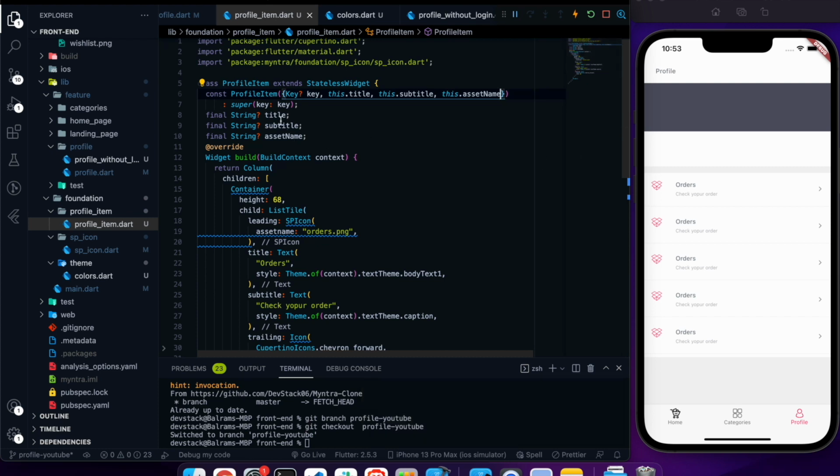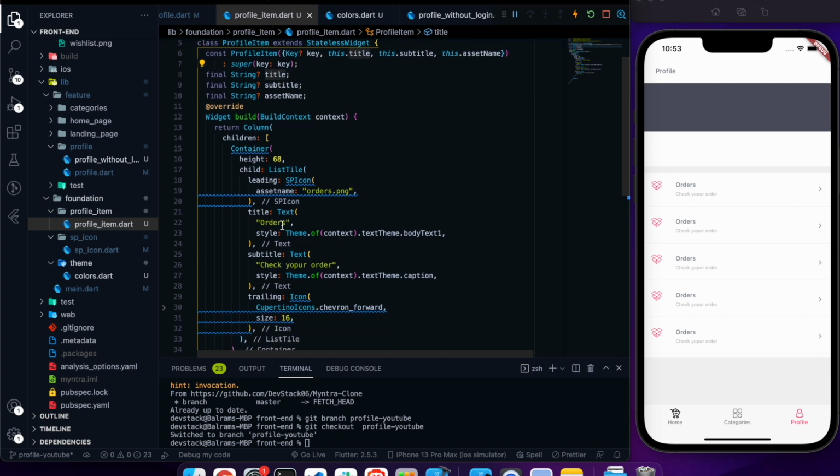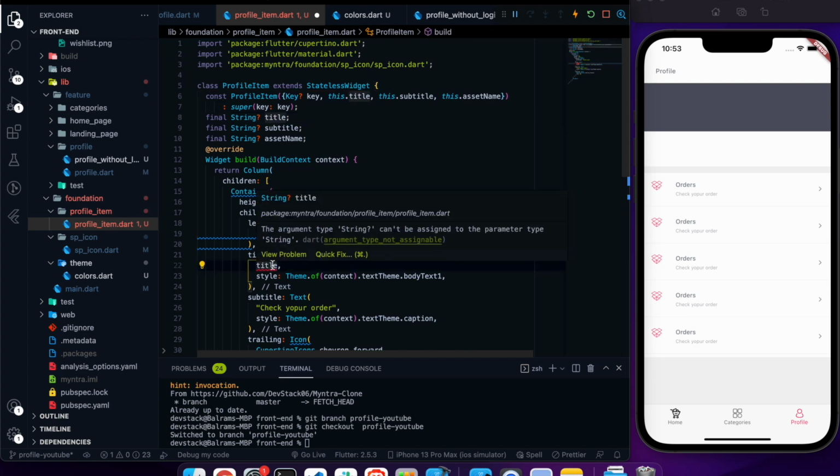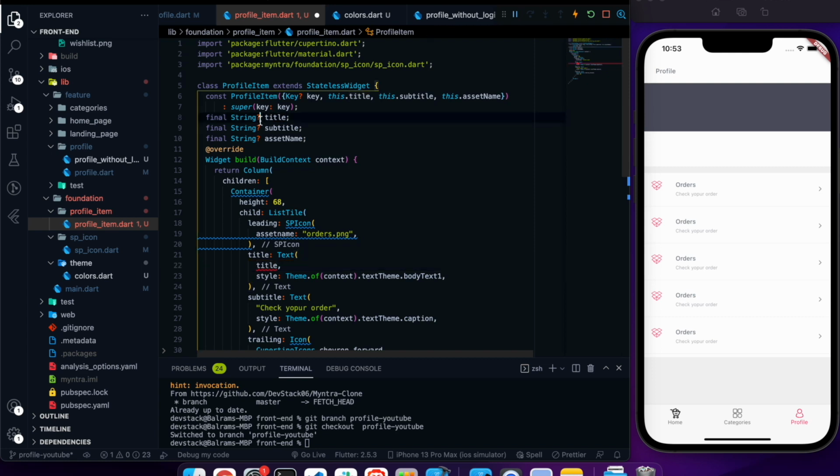Okay, so all of this is customizable, and we have to use it. So instead of using this title, I'm going to use the title we will get while using this parameter. And yeah, it can't be optional. If it is optional, then it will throw a null error, because text can't be optional. So we need to handle the null as well. For this component, all the time we need to get a title, so it can't be optional. So I can remove it and add a required keyword over here.